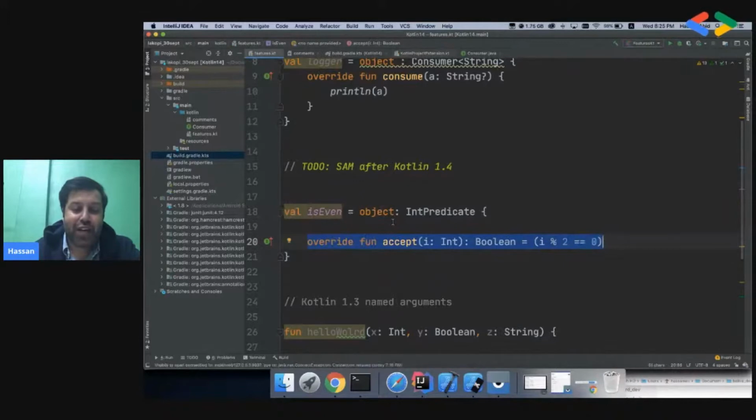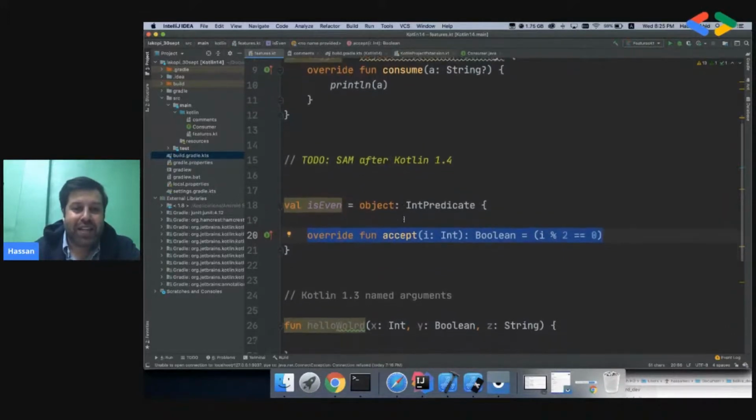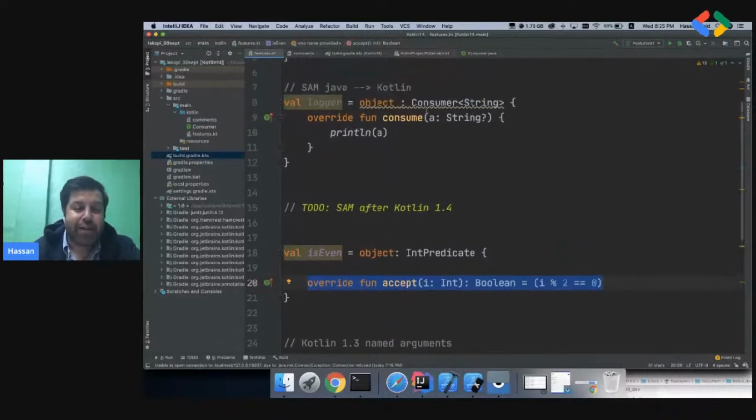So we have to have an anonymous class. This was one problem: for any interface you write in Kotlin, you have to bear this kind of syntax. But for Java,